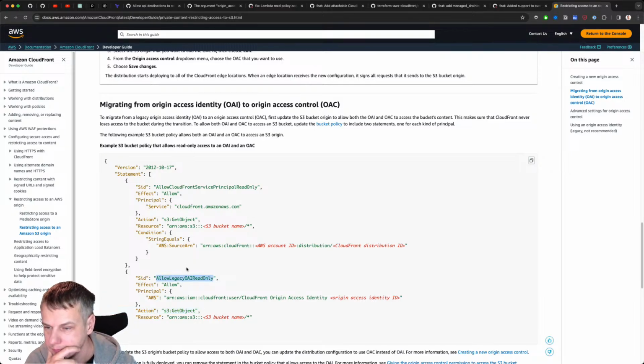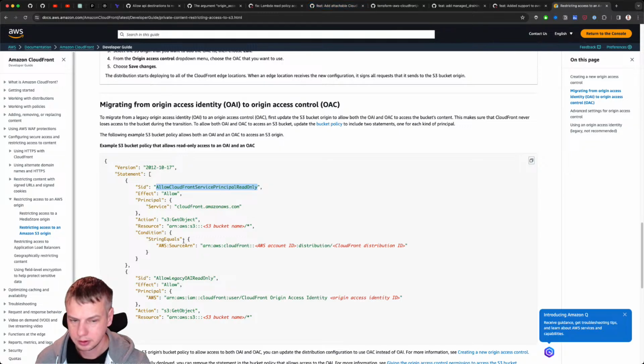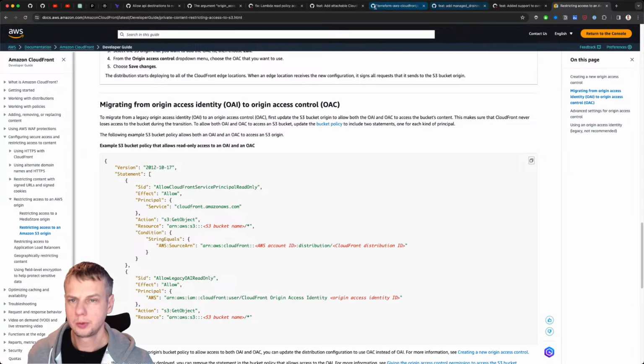allow legacy. I really like when we use the same thing here. So this SID, when we get object, get object with the condition, allow CloudFront service principal read only. This one. Well, I'm a bit lost. Which one do we need to have? We need to give get object twice, but for two different principals, right?